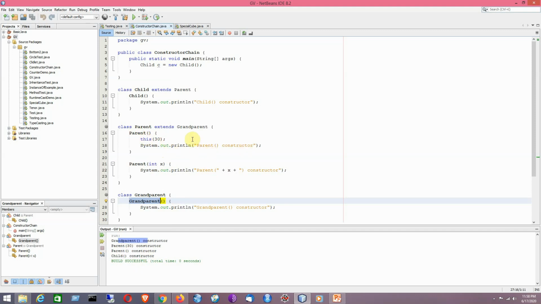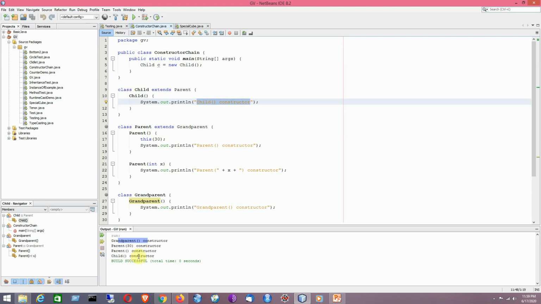Now from this particular parent class constructor the control will go back to the child class constructor. So this will be the last line to be printed according to the code of this program. So the last line will be child constructor. In that way the program will get executed.